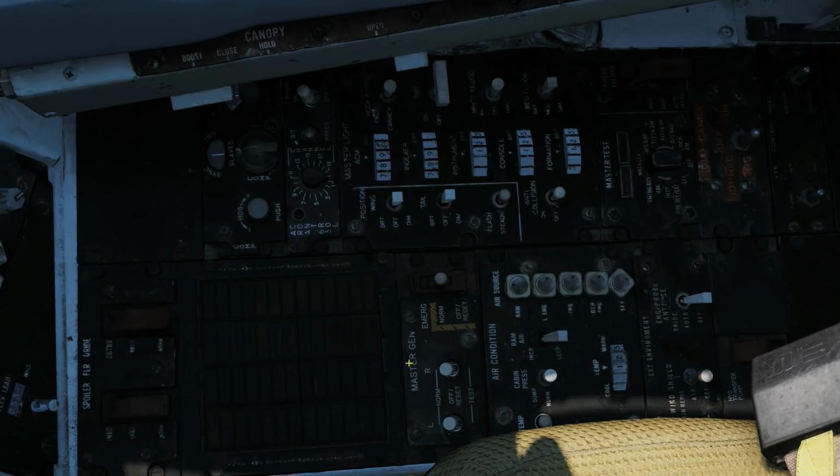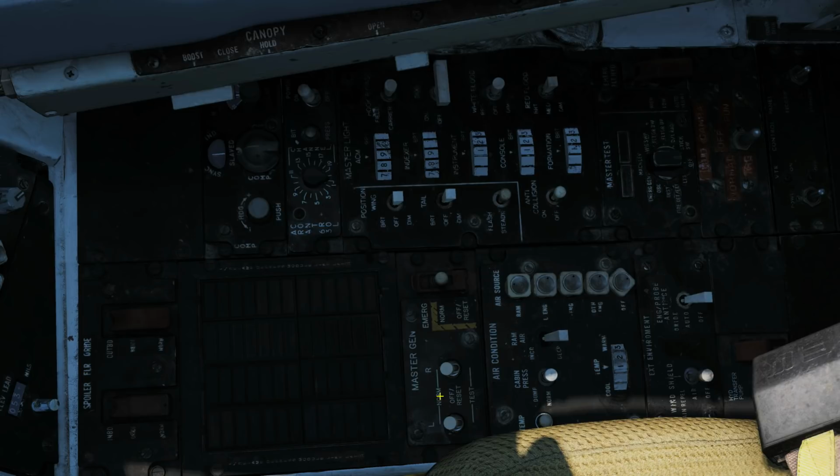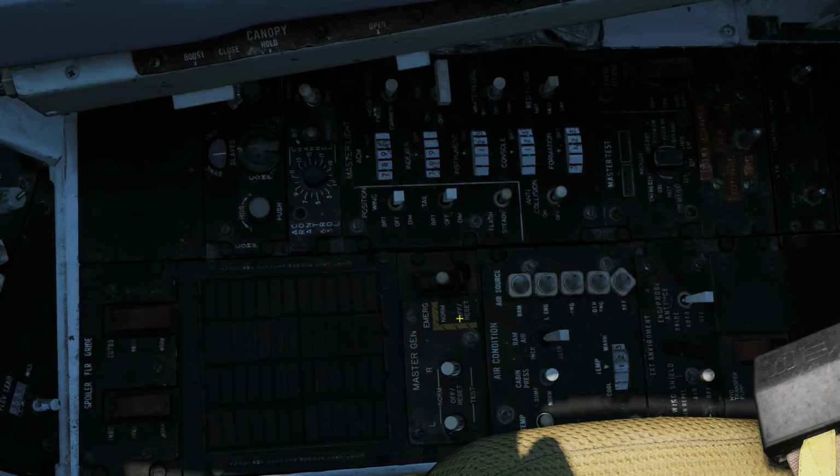Our main indication panel here, all sorts of indicators. Our master generators, our left engine, our right engine generators to normal, off or reset, and test. Our emergency generator, which we can have normal, off, or emergency, and I'm not going to play with that. In fact, why don't we? So we can have normal. I'm not playing with that, but it's left in the normal mode standard, but we can off or reset that